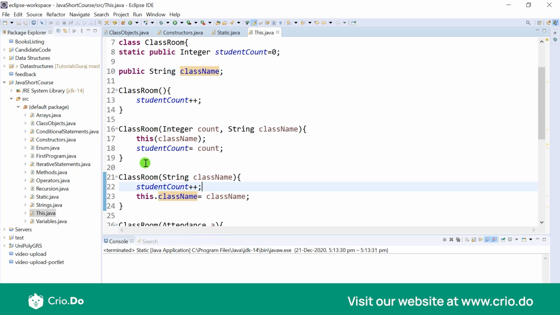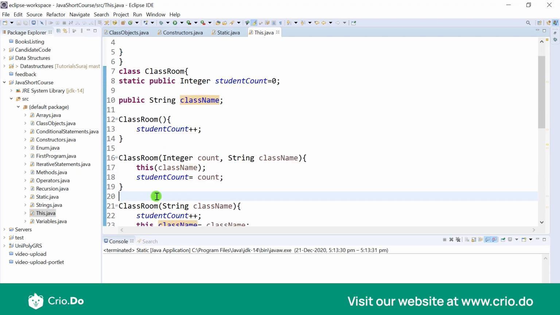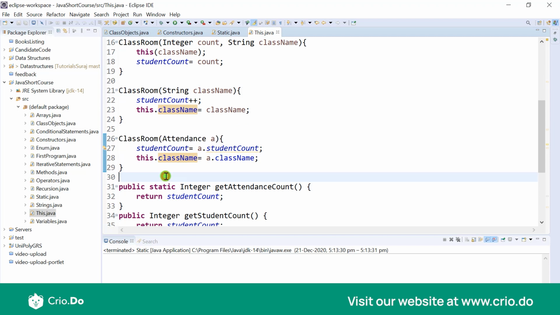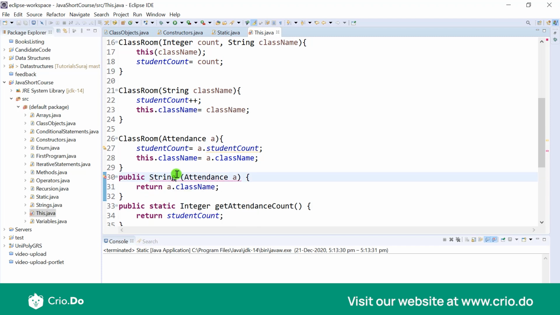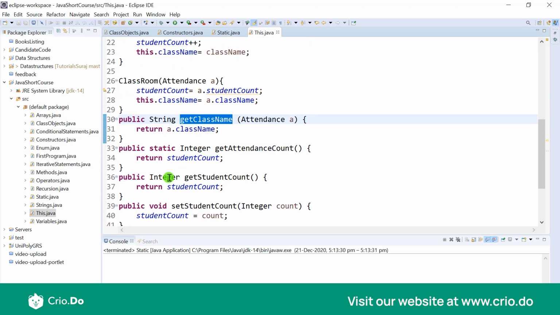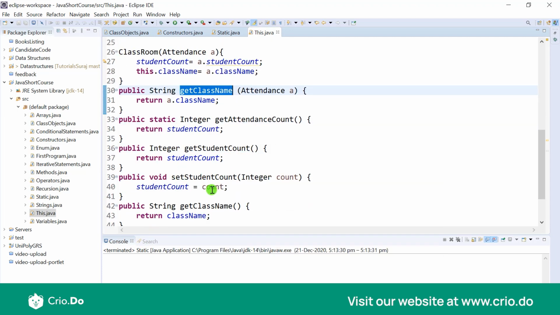Now let's say we have a method which is going to take an object of this particular class. So just like this constructor, we may have another method which is taking the object of this particular class and, let's say, returning the class name. So it will take attendance, for example, A, and it's going to return A dot class name. Now the name of this method, let's say, would be get class name. So now if we want to call this particular method get class name from any other method, let's say for example over here,